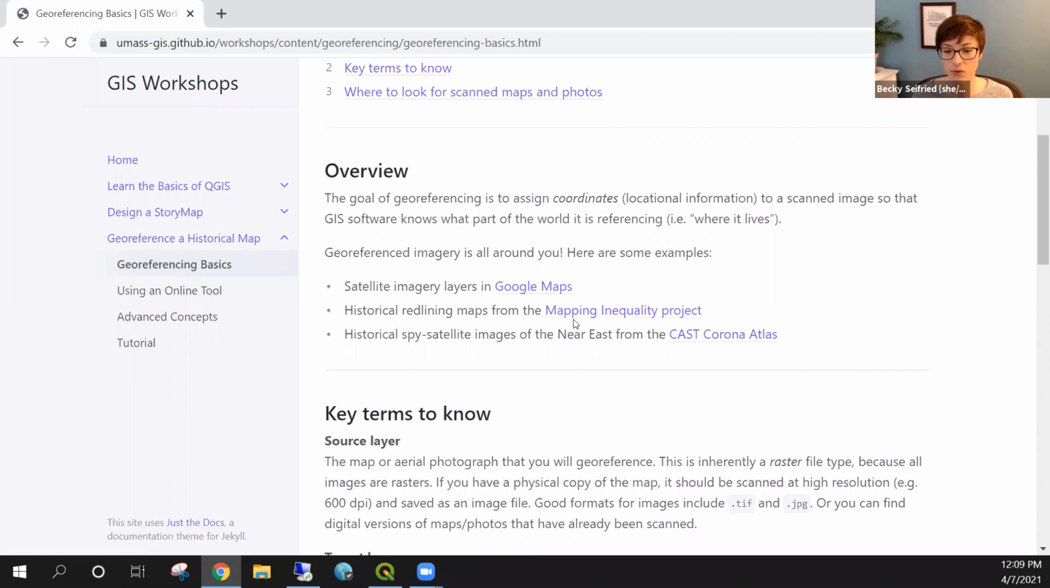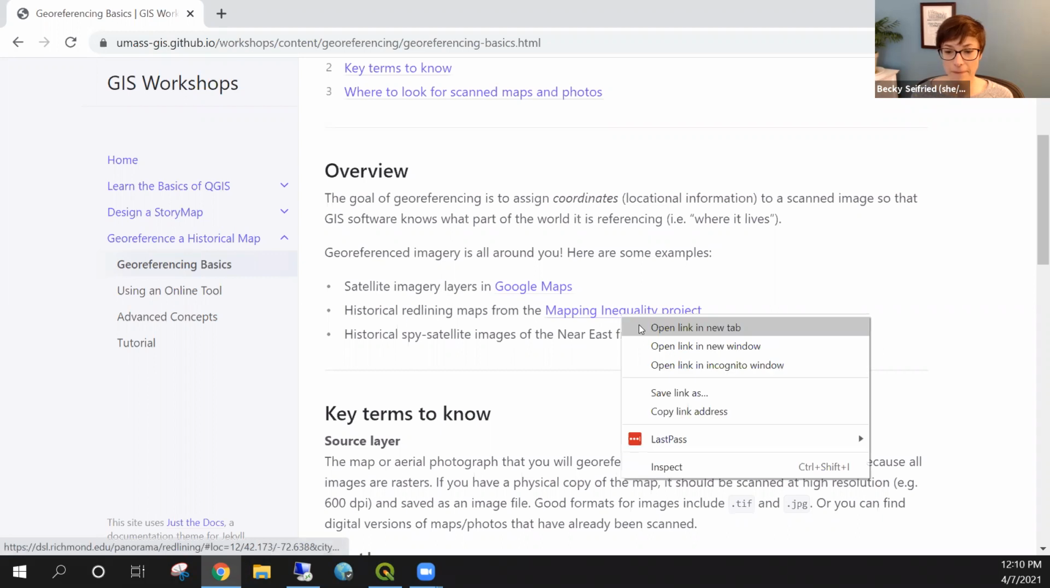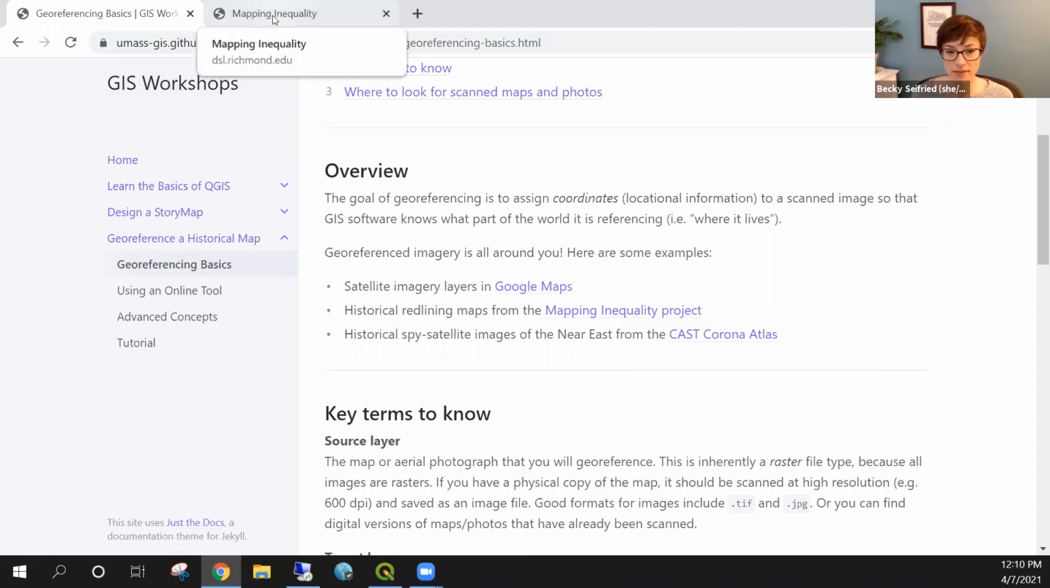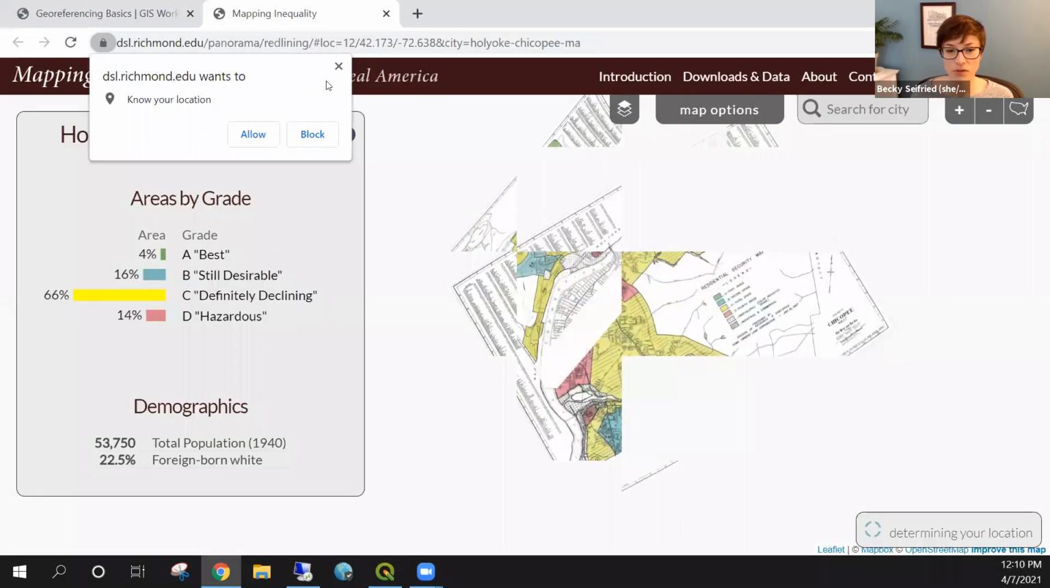There's also some other cool links that you could check out. These are two of my more favorite georeferencing related projects. The Mapping Inequality Project takes historical